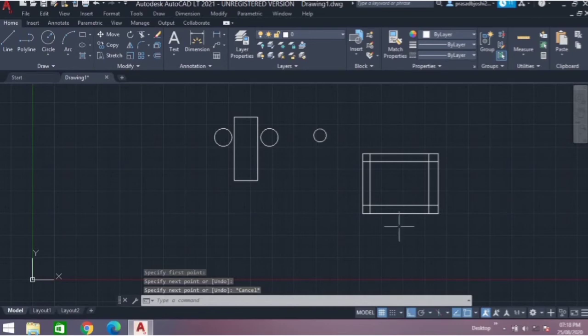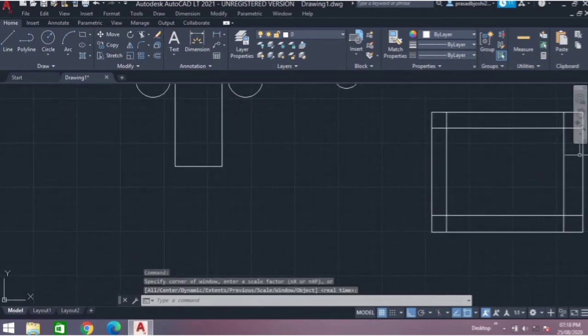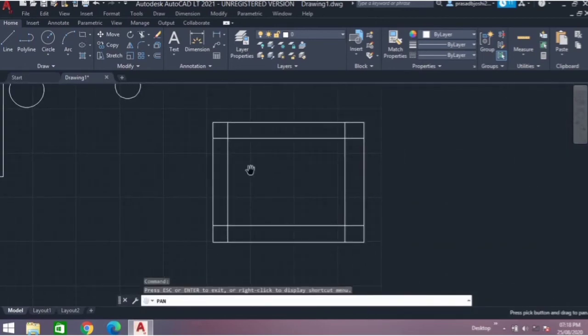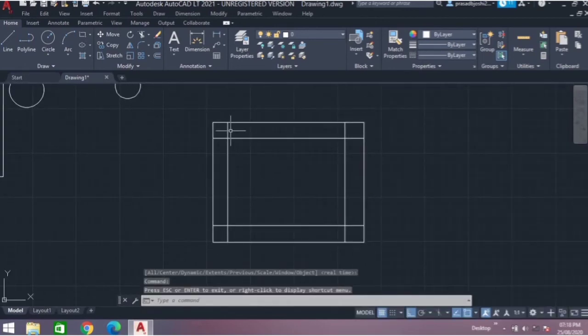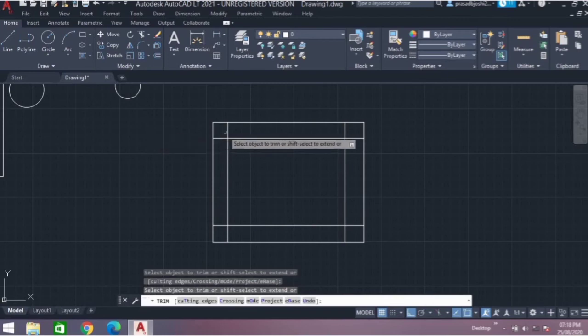Suppose we have this room with the wall thickness, so we want to trim this faces. So first let's zoom in it and drag it over here. So we want to trim this faces, this line, this short portion. So simply we can click on trim, or the shortcut for trim is TR double space. We can type TR and double space and select the object we want to trim.